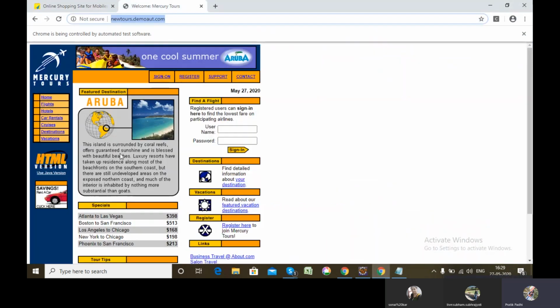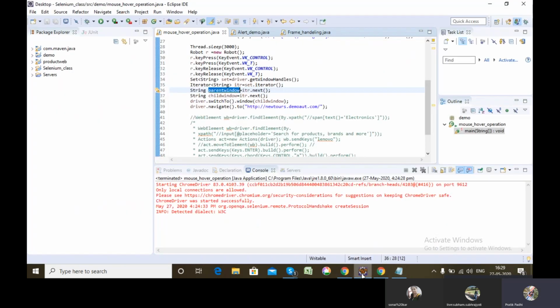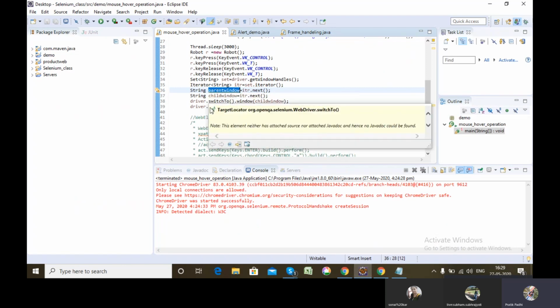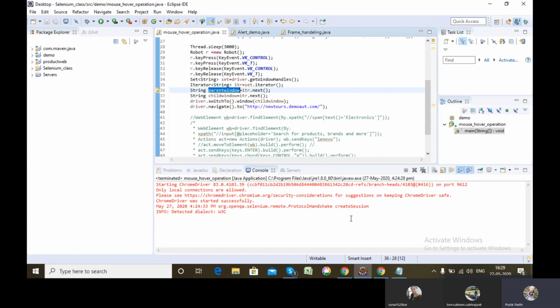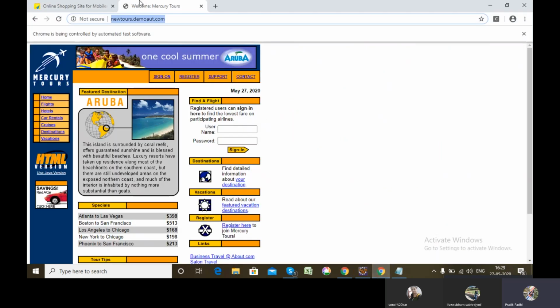So whatever I do now will be done in this tab. Once my driver control is in the new tab, I just send the new URL and the new URL gets opened in this particular tab. Got my point?